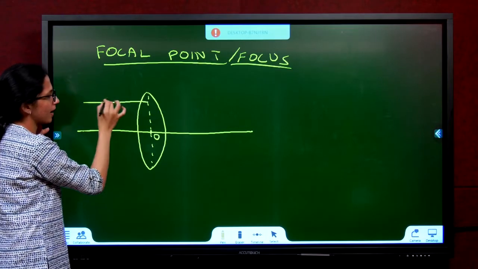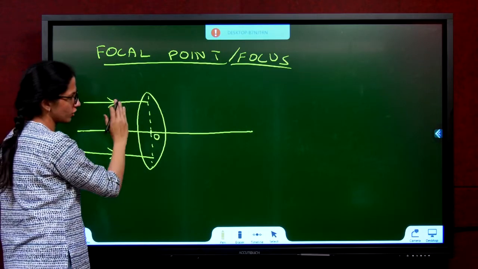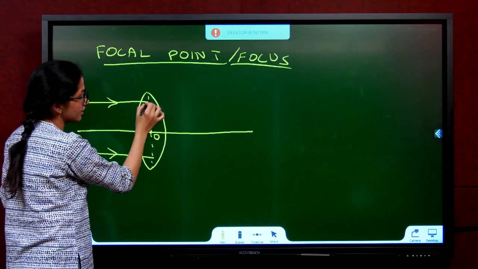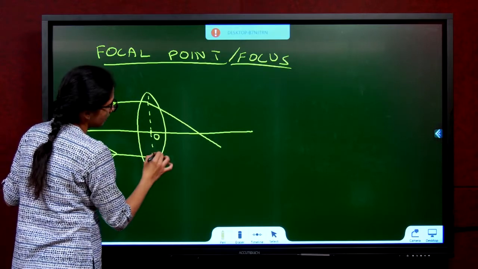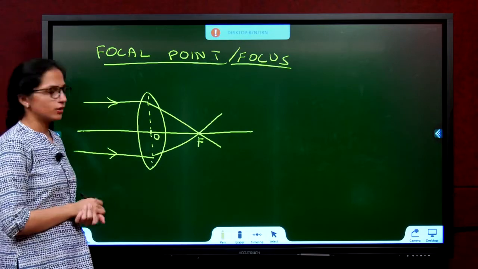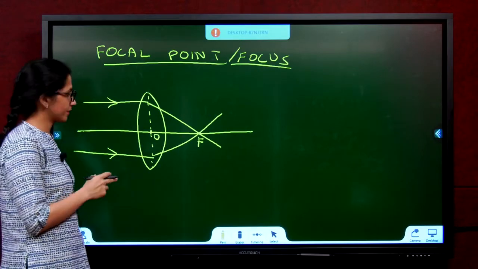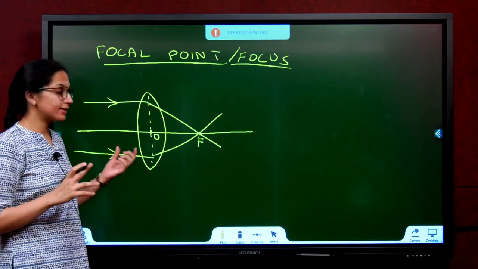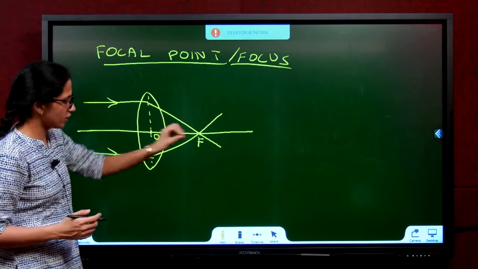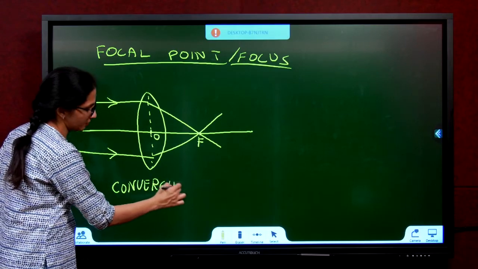If we have a set of parallel rays incident on a convex lens, after refraction, so it's going from air to glass, glass to air, so refraction is taking place. After refraction, the rays meet at a point on the principal axis. This point is called the focus. So this definition sounded easy because we just learnt a similar thing in the case of mirrors. But what's the difference between this and that? Do you remember in convex mirror, the rays were diverging. See here, they all are converging, which is why a convex lens is called a converging lens. They all are meeting at a point.